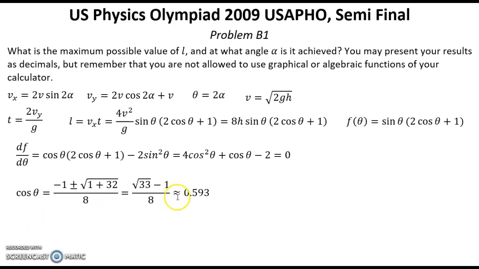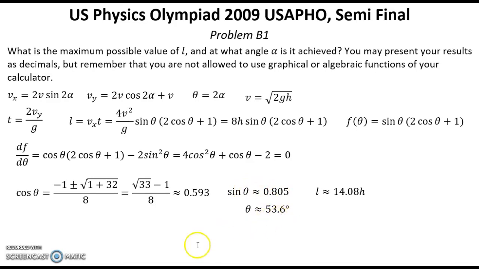And approximately cosine theta equals this expression, 0.593. Sine approximately equals 0.805. And finally we can count what is a distance for that angle. That will be around 14.08 h. And if we have this sine theta equal this one, it means that theta equal